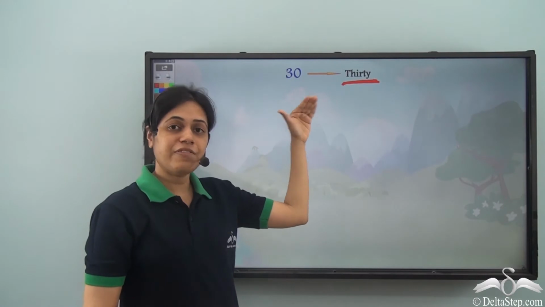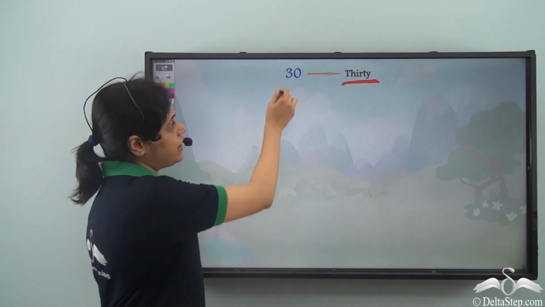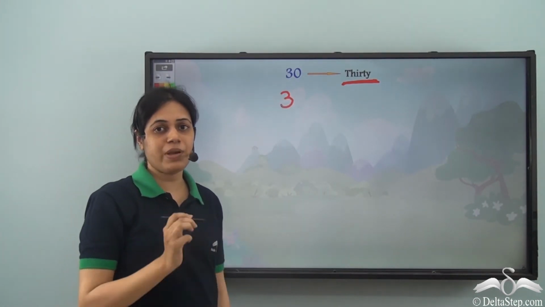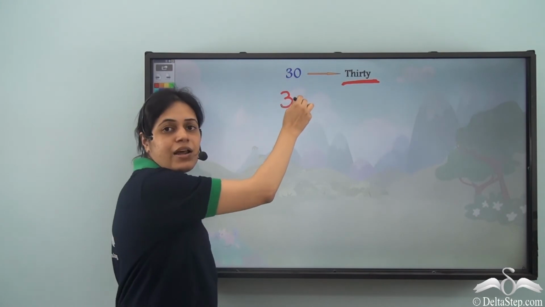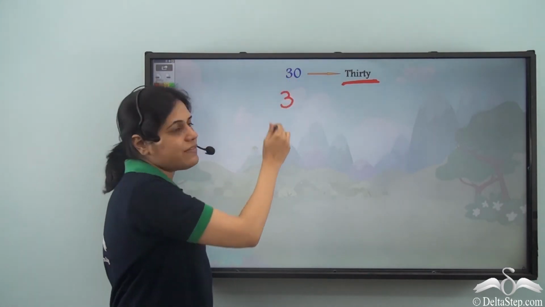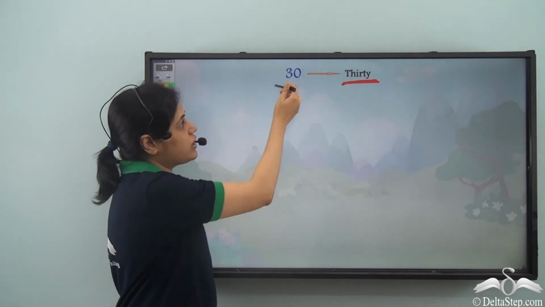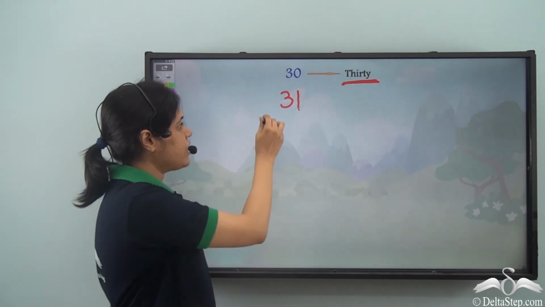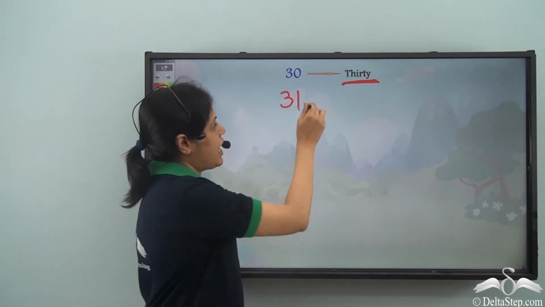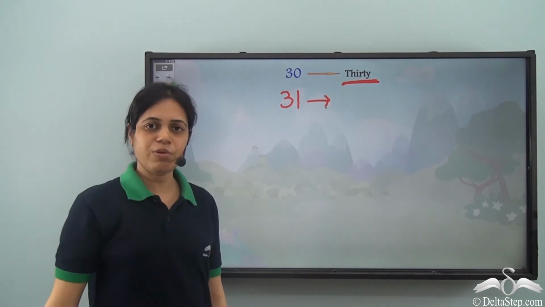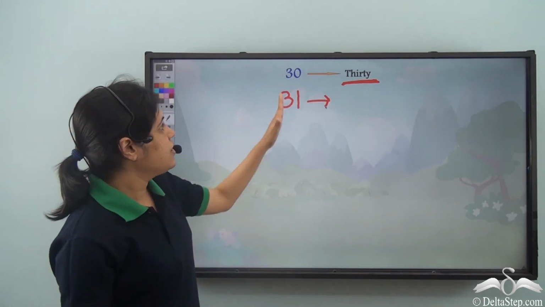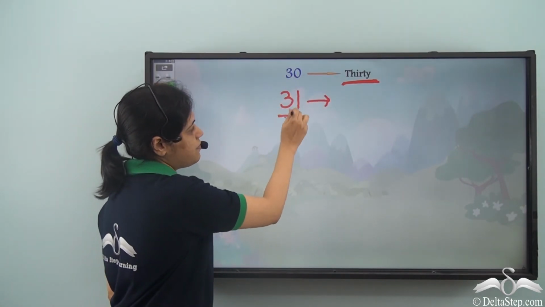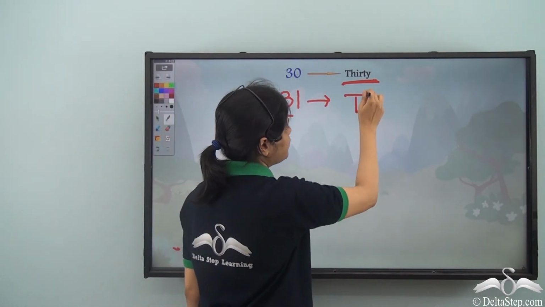Now what comes after 30? We know that the number on the left doesn't like to change. It will not change unless we have a 9 here. So 3 will stay, right? And what comes after 0? 1, right? So we have a 3, 1. And what is the number name of this number? Well, 30 is thirty. So since we have 3 in the first place, the number name of this number will be